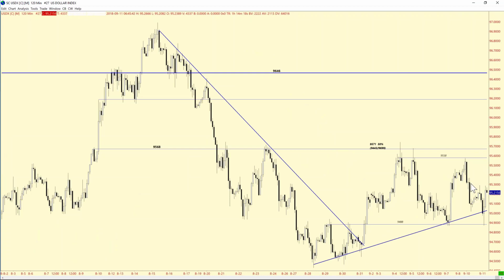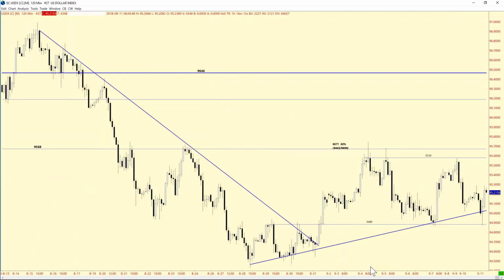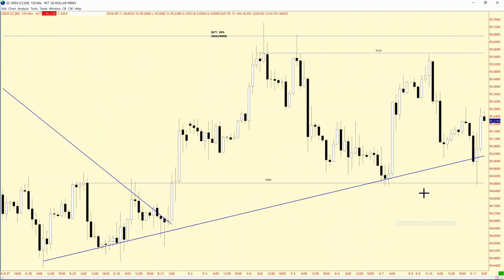A 2-hour close above 95.32. Right now, it's all about 95.32 for the moment. Well, actually, that's on a 2-hour close. Can we get something a little bit closer? Well, it's really all about 32. That is so important here. You get above this 95.32, it's like what I was talking to you about the euro, inversely speaking. I wouldn't get in the way. We start to move up to 32, and you can start opening the doors for this thing to move much higher.